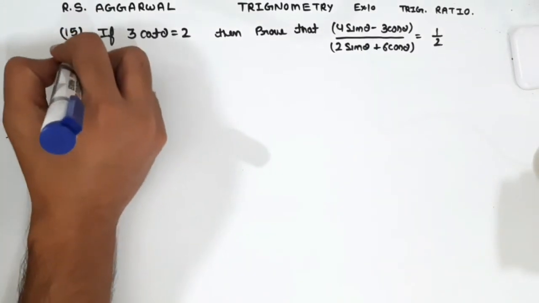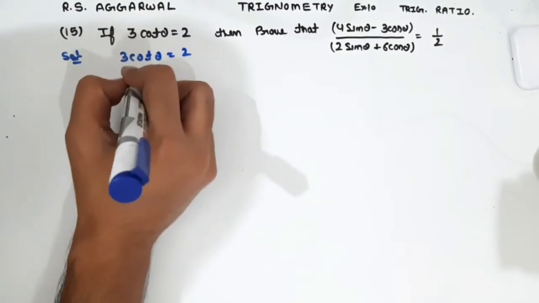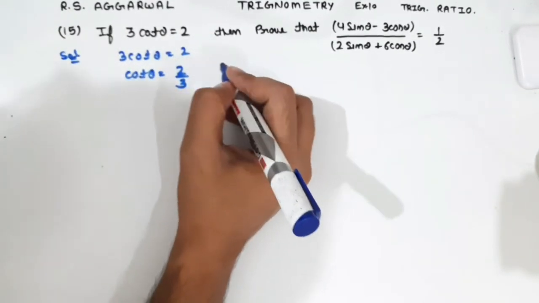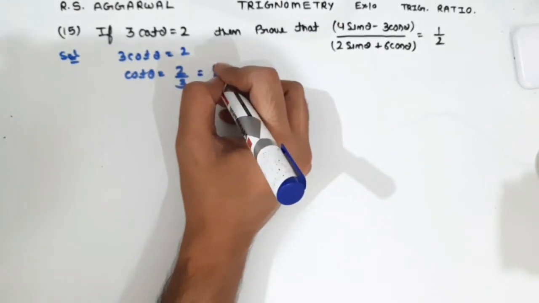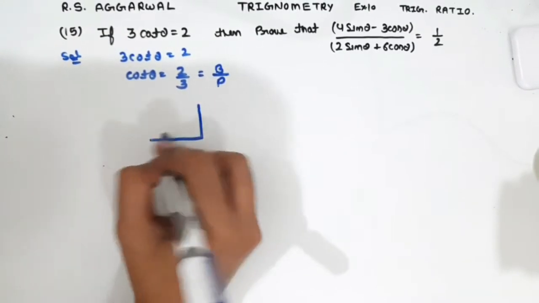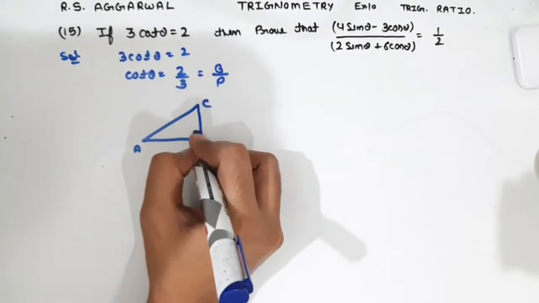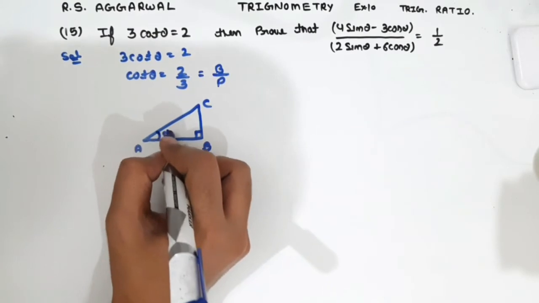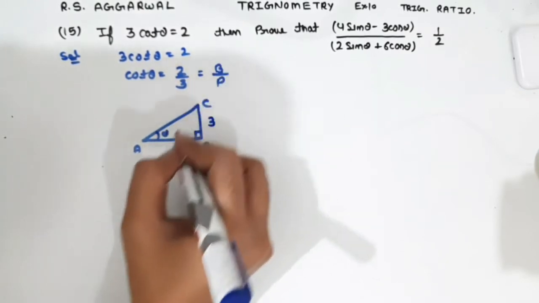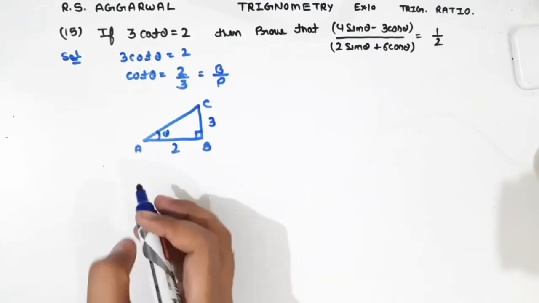So in this problem we have given 3 cot theta equals to 2. So from here cot theta will be equals to 2 upon 3, and we know that cot theta is given by base upon perpendicular. So draw a right angle triangle ABC in which angle B is 90 degree and angle A is theta. So perpendicular will be BC, that is 3, and base will be AB, that is 2. So our hypotenuse AC will be